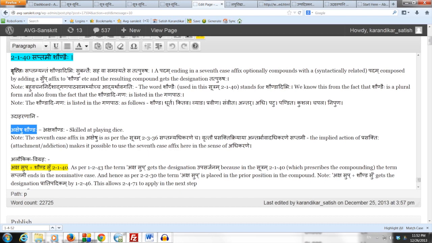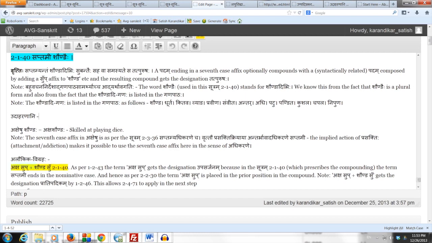It is a karakam. So the commentator clarifies that in this usage, in this example, there is an implied action of prasakti, meaning attachment or addiction, and the addiction is towards or in the subject matter of the game of dice. So the adhikaranam, the basis of the attachment, is the game of dice. This is how we justify the seventh case affix used in Aksheshu by taking recourse to the implied action of attachment or addiction. Okay, the Alaukika Vigraha is Aksha Sup Saptami Bahuvachanam plus Shaund Su, compounding authorized by the Sutram 2140,